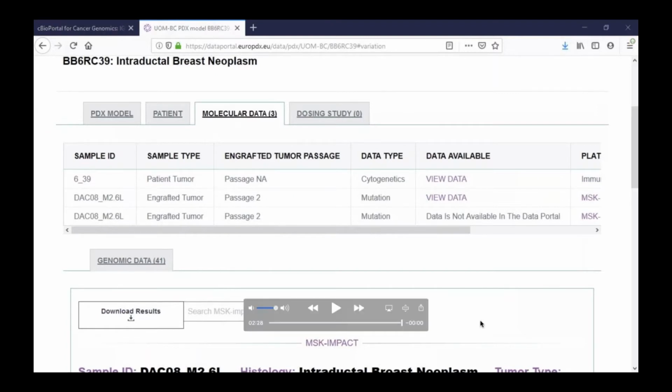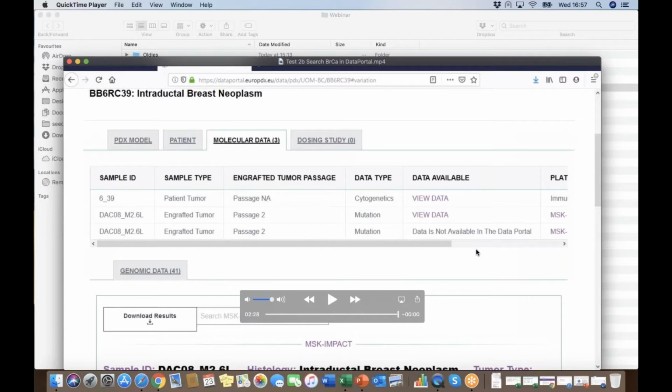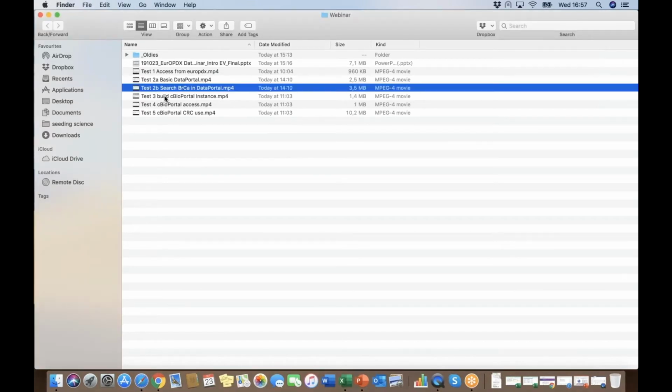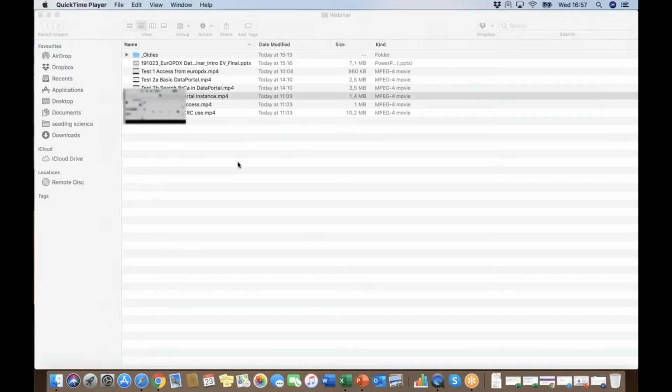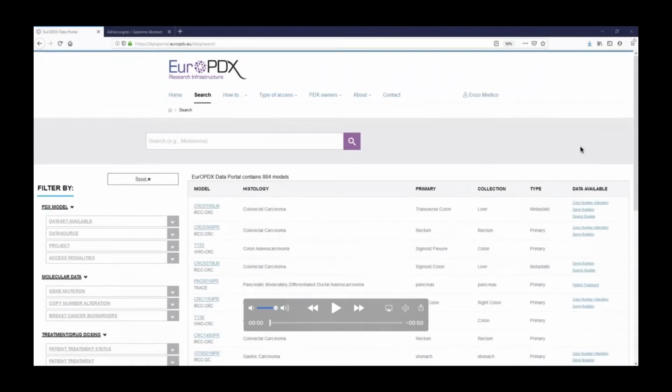I think we are close to the end of this video. Okay, so this is one possible approach. The second is you can open but not launch the video. The second option is to